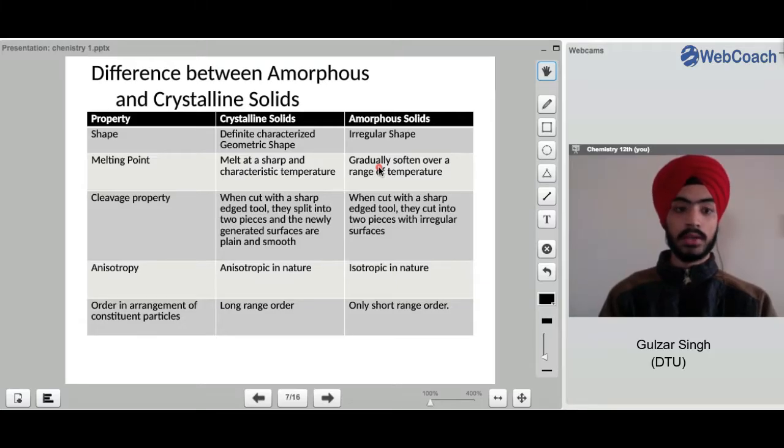Now, the cleavage property. When cut into two pieces with a very sharp tool, the crystalline solids get cut into two pieces, and the newly generated surface on the